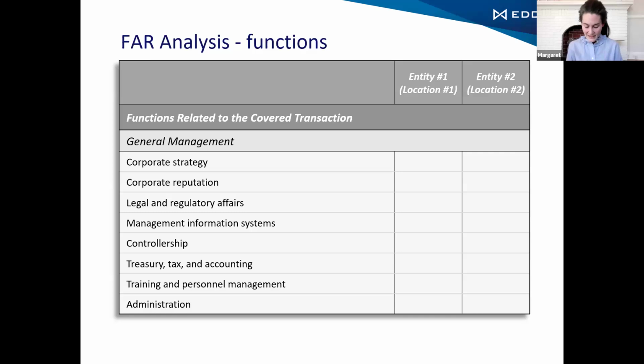One of the things that I see sometimes in a transfer pricing report is that the description of the functions, risks, and assets only covers one entity, but really your function, risk, and asset discussion should cover all of the entities that are involved. And it might even be more than two.